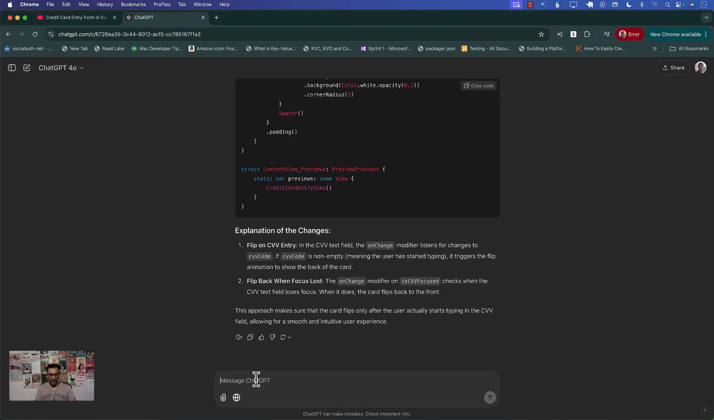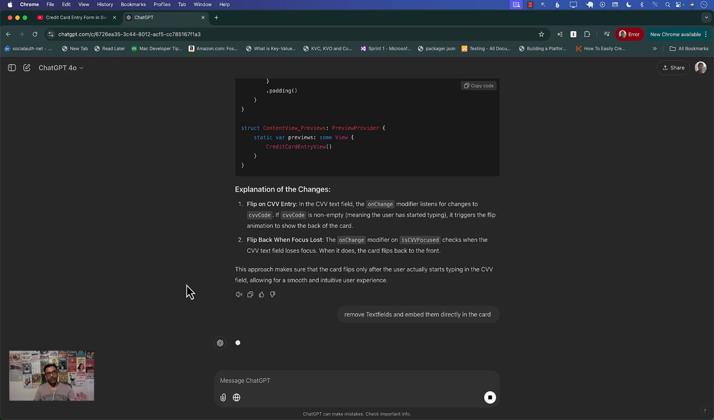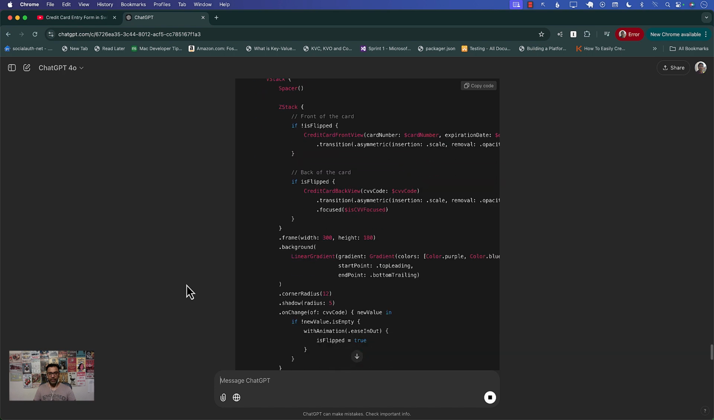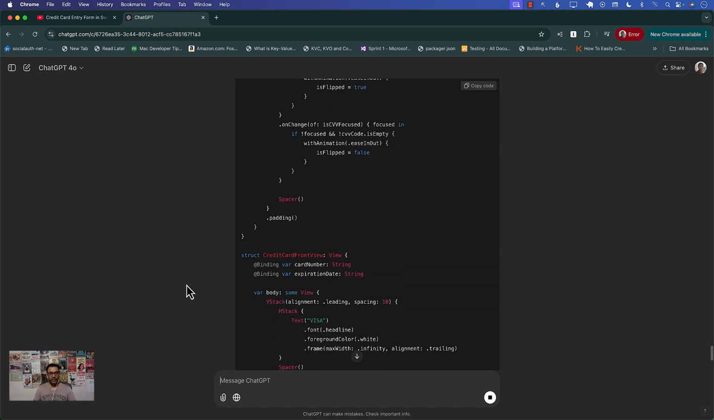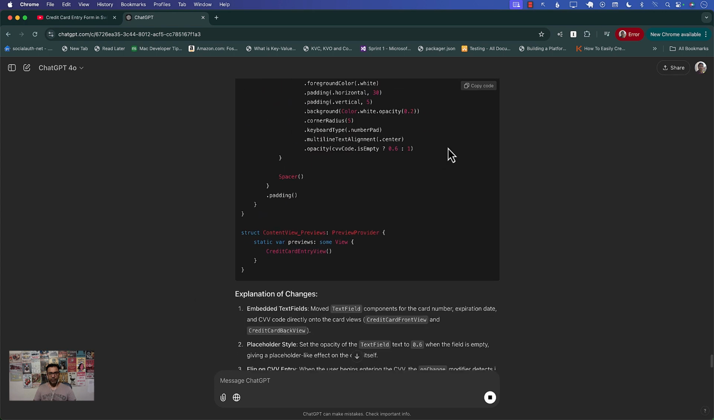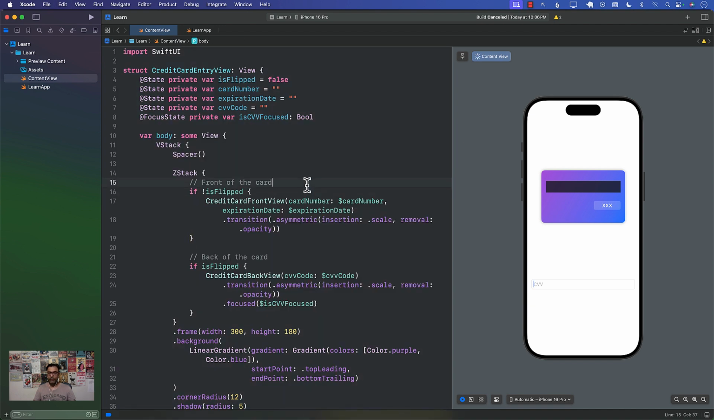If I say remove text fields and embed them directly in the card. Let's see, maybe we can just embed it directly in the card, right? Instead of having the text field kind of like separate. So even though it may not achieve what we wanted, we can learn from it, like how it's doing these things. Okay, so now the text fields are directly over here,